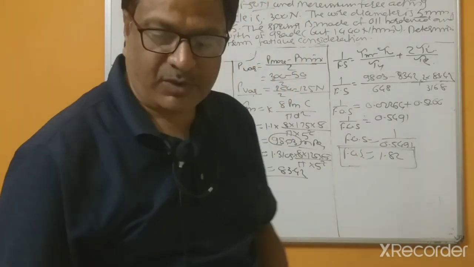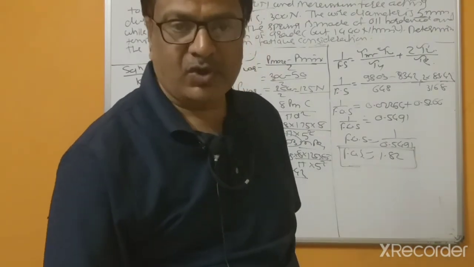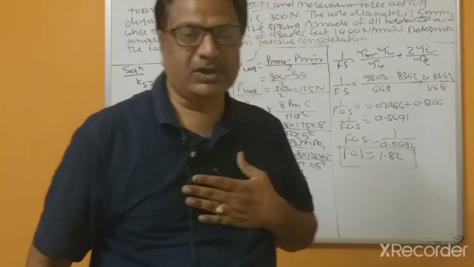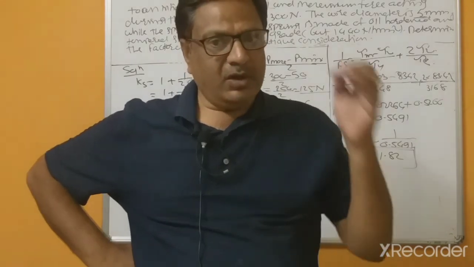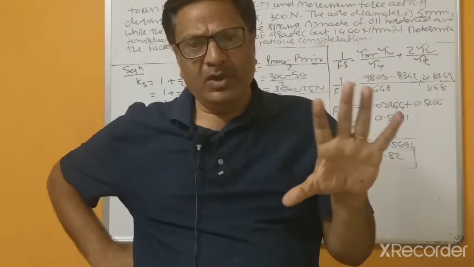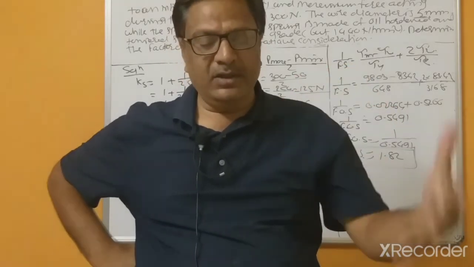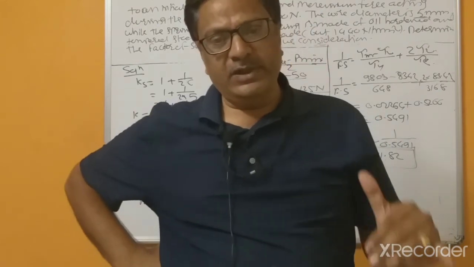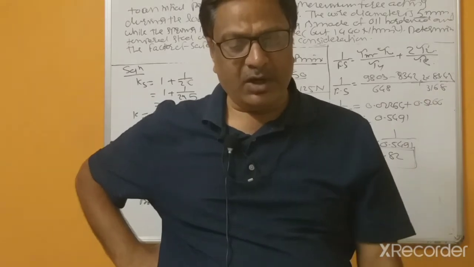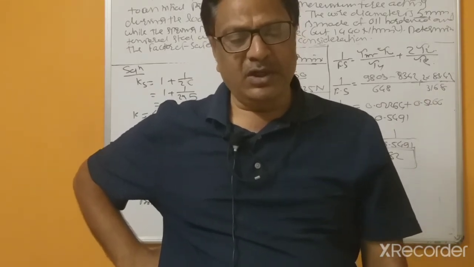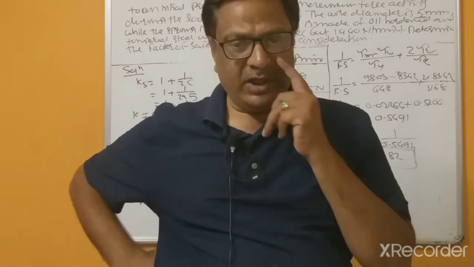I think these problems are sufficient, so today I stop here. But please note that on Saturday I will conduct one surprise test based on the 5th and 6th units, based on what I discussed in the class. That covers welded joints and riveted joints and some part of the power screws, such as the different types of screws and the different types of threads.